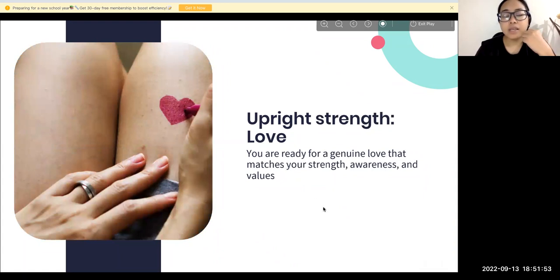Another thing is, if you are entering into a relationship and this card is coming, it means that you're ready for genuine love. You're ready to receive this genuine love. You're ready to receive a match for your strength, awareness, and values. So you're ready for a genuine love that is coming to you. Okay,